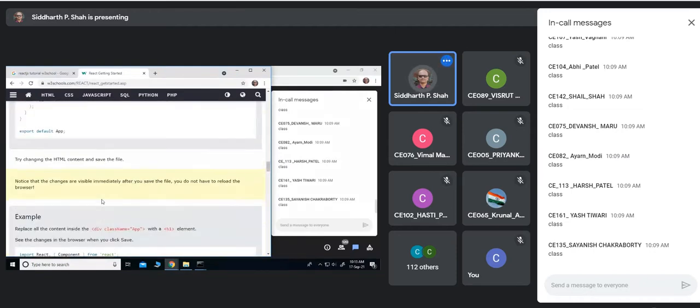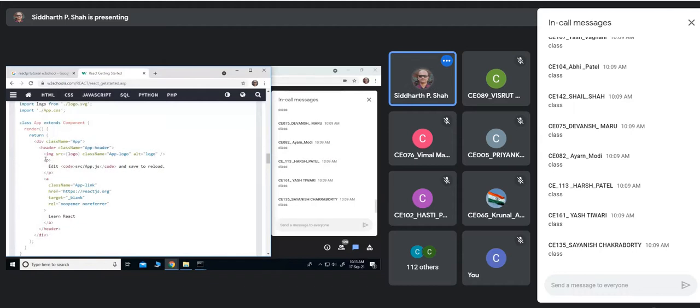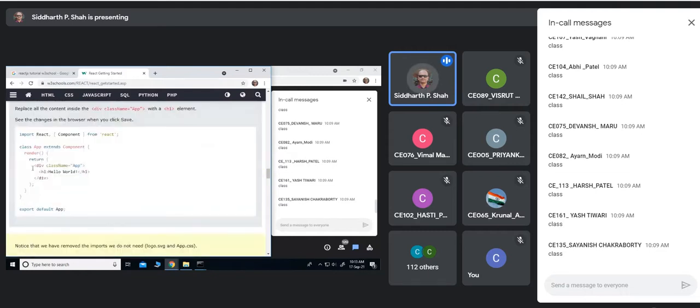Now what they are doing is replacing the code. If you replace all this code with some simple code like this, your output will be changed, because whatever you have written here is now called the App component.